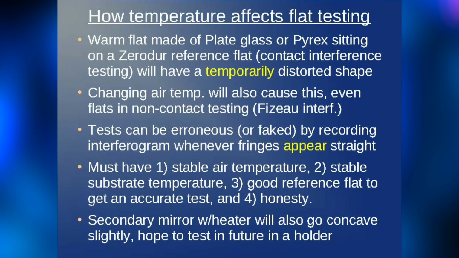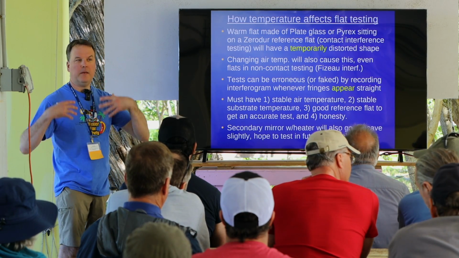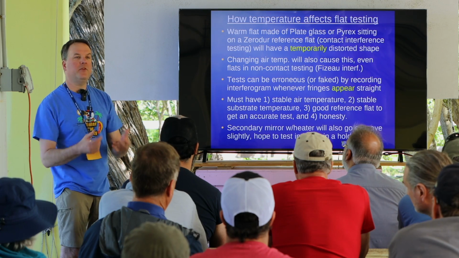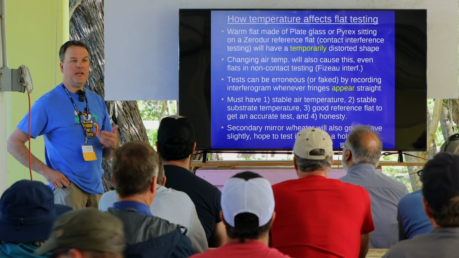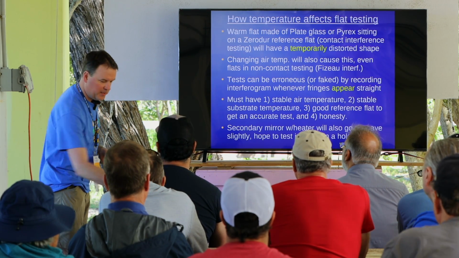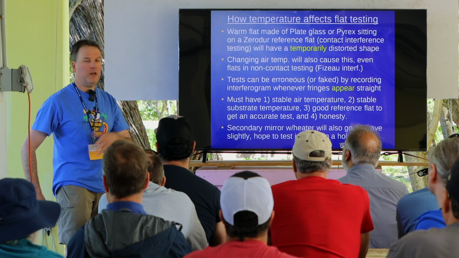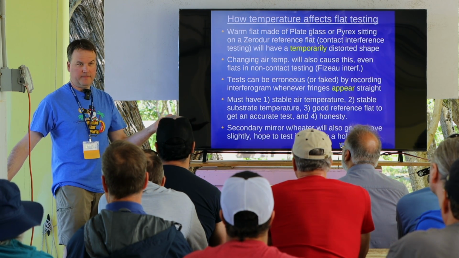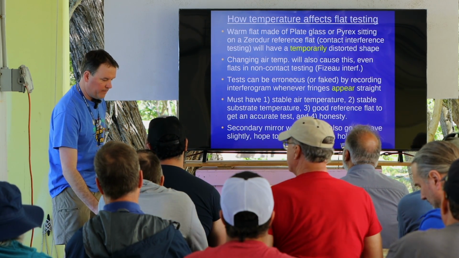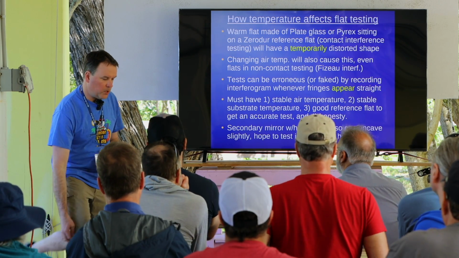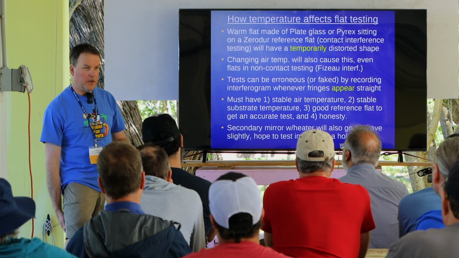So changing air temperature is important for testing. We need the air to be fairly stable. We need the temperatures to be fairly stable for a period of time to get an accurate optical test. You can actually get an erroneous result, or fake a test, by taking a picture of the fringes if they look good before the equilibration is done. So you've got to wait. You've got to be conscientious and make sure that everything is good. So to make an optical test good, we need stable air temperature, stable substrate temperature, and a good reference flat,